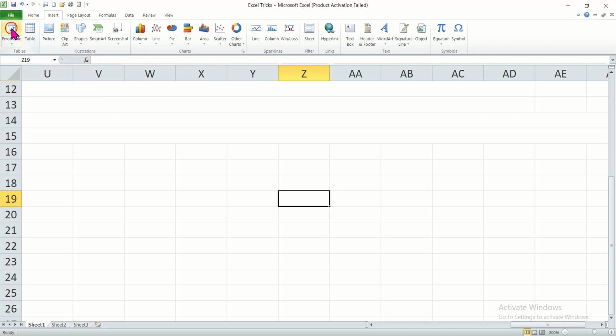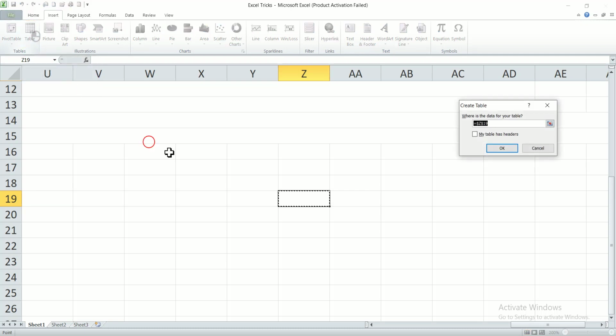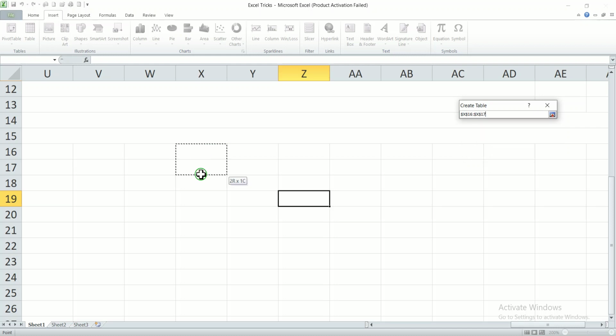I have explained the pivot table in the learning Microsoft Excel videos, so you can visit that video to learn about the pivot table. But in order to draw a simple table in Microsoft Excel, you will select the table, and when you select it, you can see this window will open, and now you can draw your table boundaries. Let's suppose we start from here, and our table consists of 5 columns and